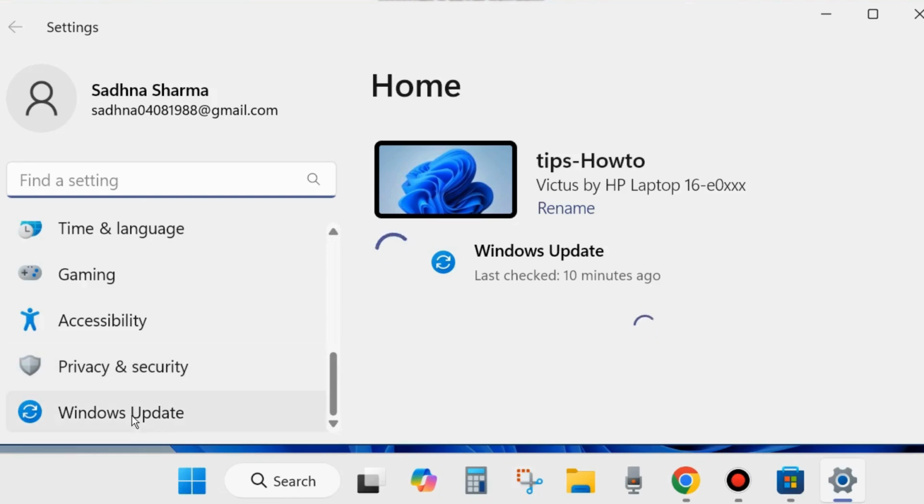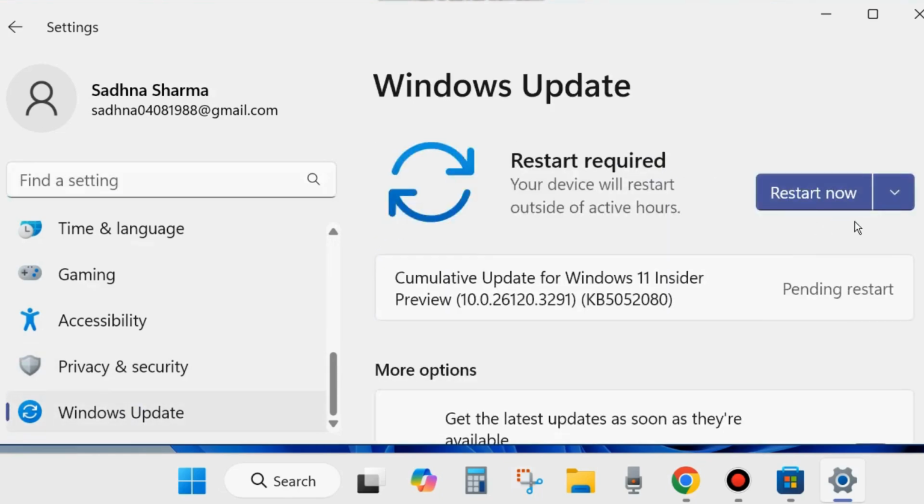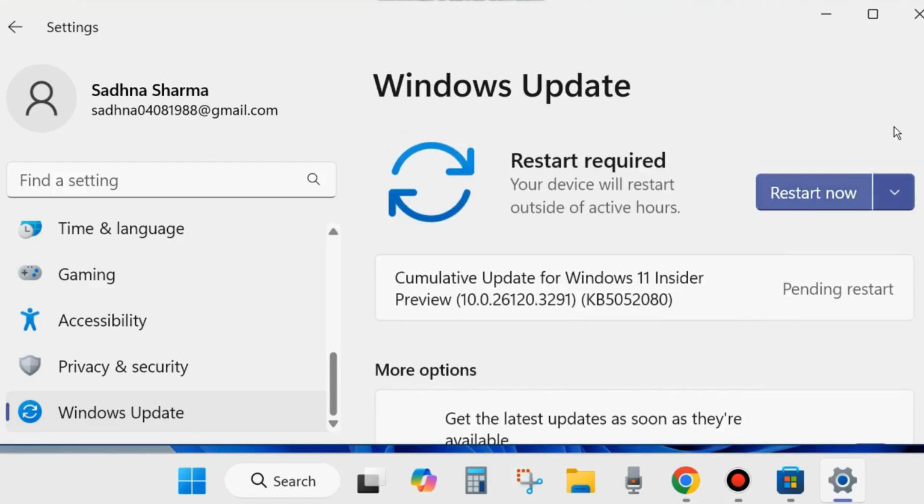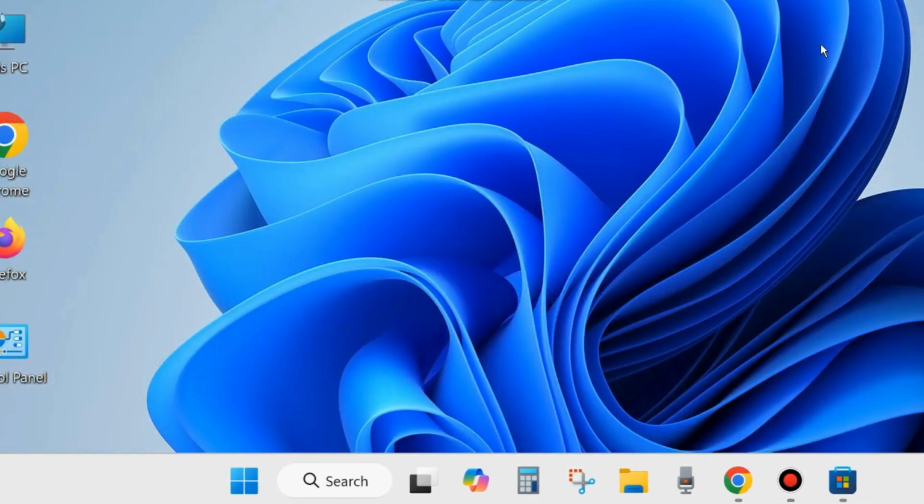the next one is, go to the settings page again, and from the left side go to Windows Update and click on check for updates, and if any updates are available, simply download and install them on your system. Sometimes an outdated operating system may be a cause of various types of Microsoft